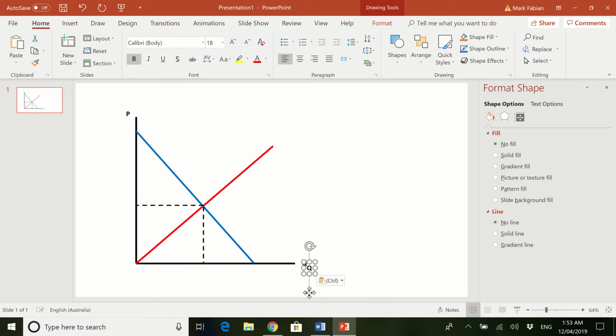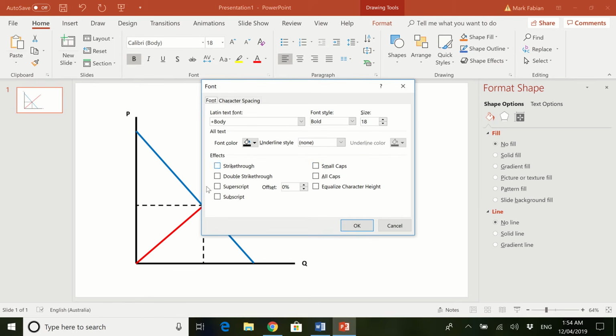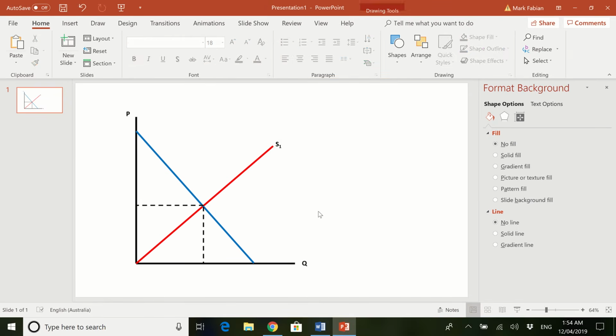And then we're going to have supply 1. So supply 1. If I want to make that one subscript so that it's nice and pretty, I go up here to font, I click that little arrow, and now I've got all these new options down here, and I want to look for subscript, and that's just going to shrink that one down. Alright, so now that I've got that, I can copy this, I'm going to put that over here, and this is going to be demand 1,